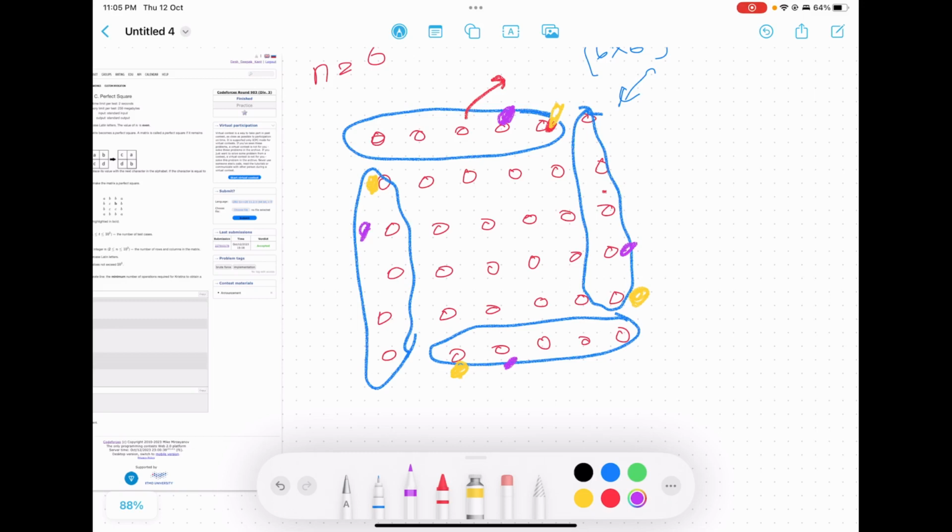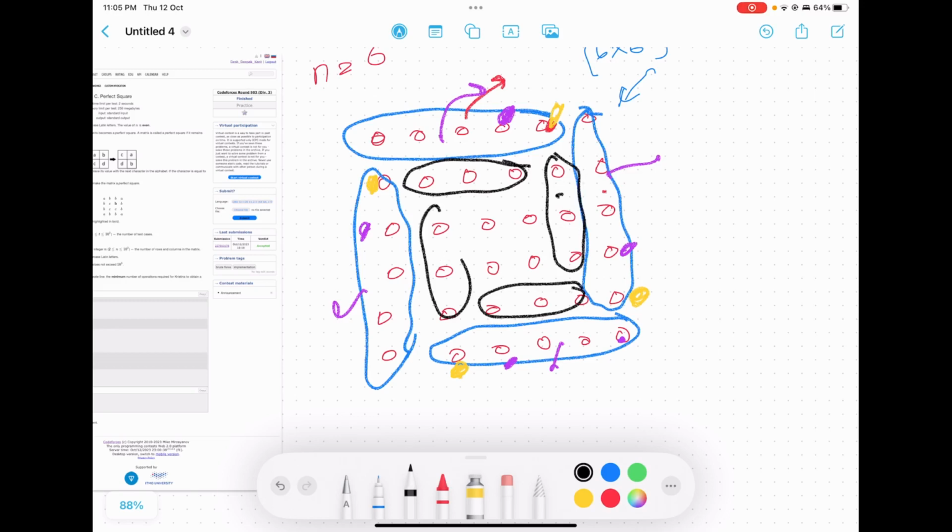Every ith element will be equal in all 4 squares. The same goes with the inner ones also. We will take it like this, then this, then this, then this. The first element should be equal to this one, and this one, and this one. All 4 should be equal.